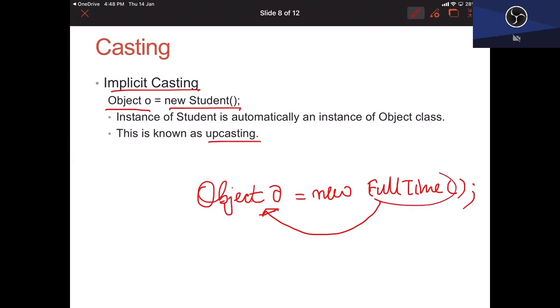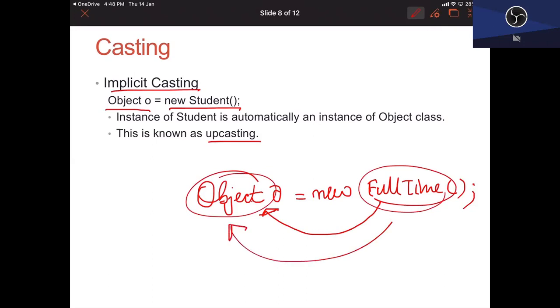A subtype is smaller than a supertype. By smaller, I don't mean in size, but in hierarchy. So every subtype is a supertype. From a subtype you are going to a higher type, so this is known as upcasting.